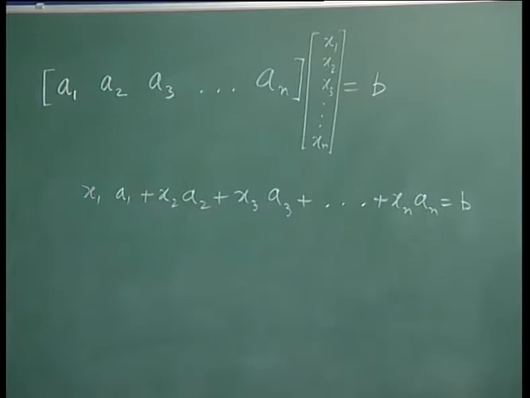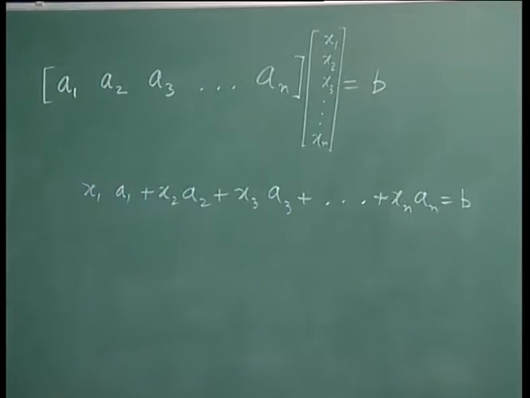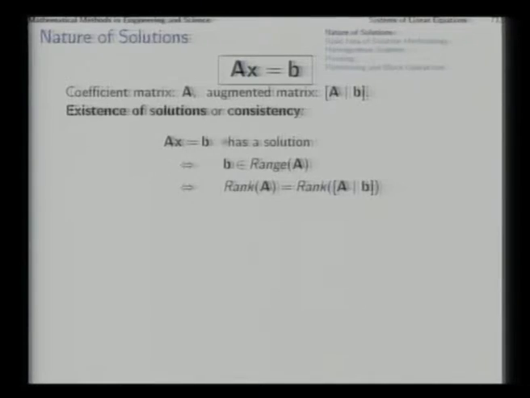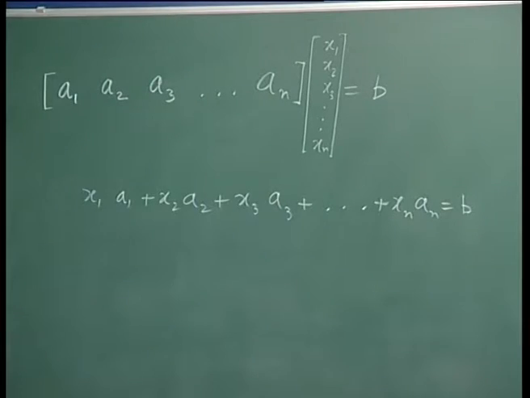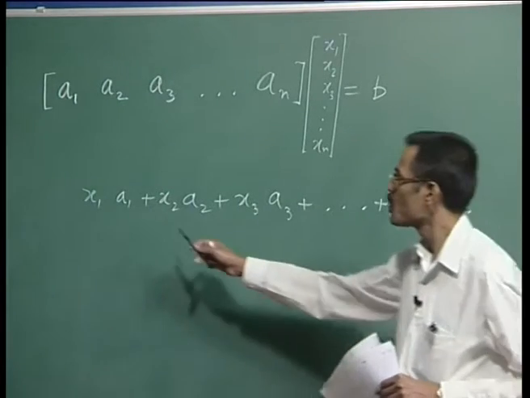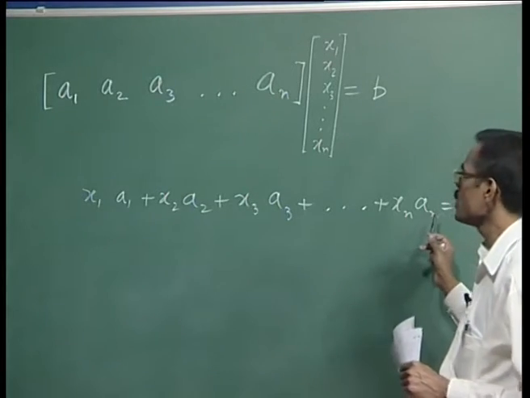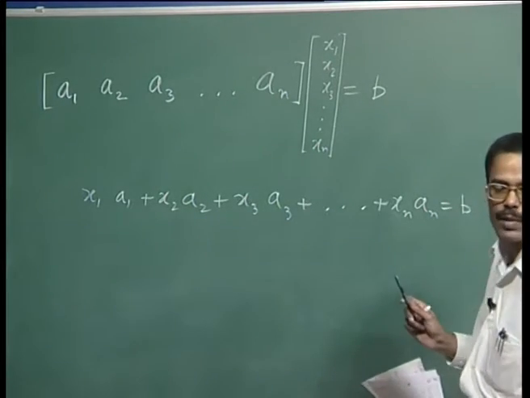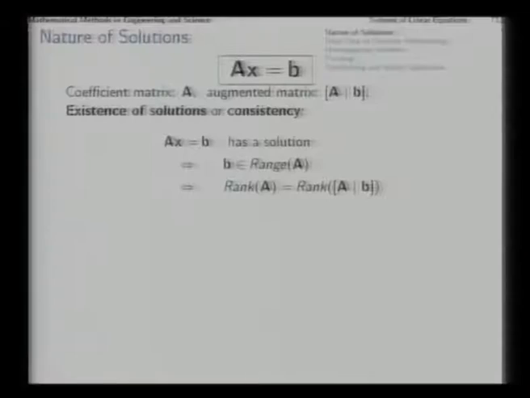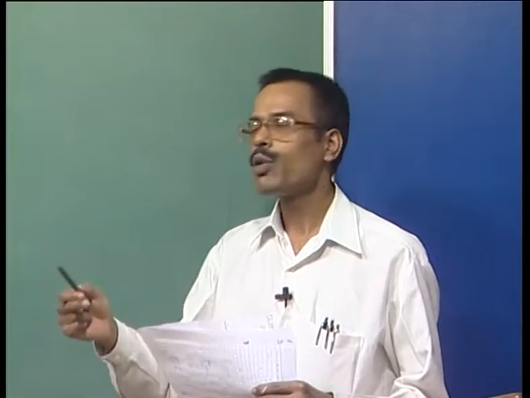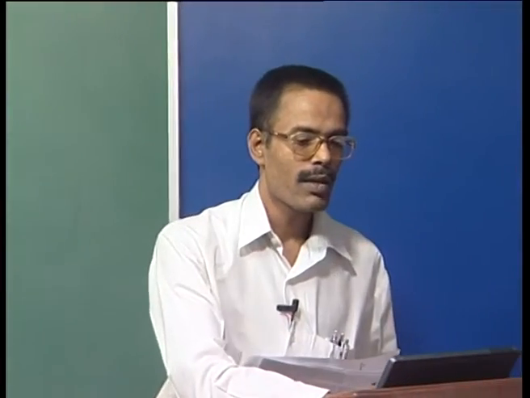Now, when we say Ax = b has a solution, that means that there is a set of x1, x2, x3 values which, when put in this linear combination, will result in a total sum equal to b. That is as good as saying that b is in the range of A, that is, as a linear combination of the columns of A, as Ax, A multiplied with x, we can find b. That is directly from the definition.